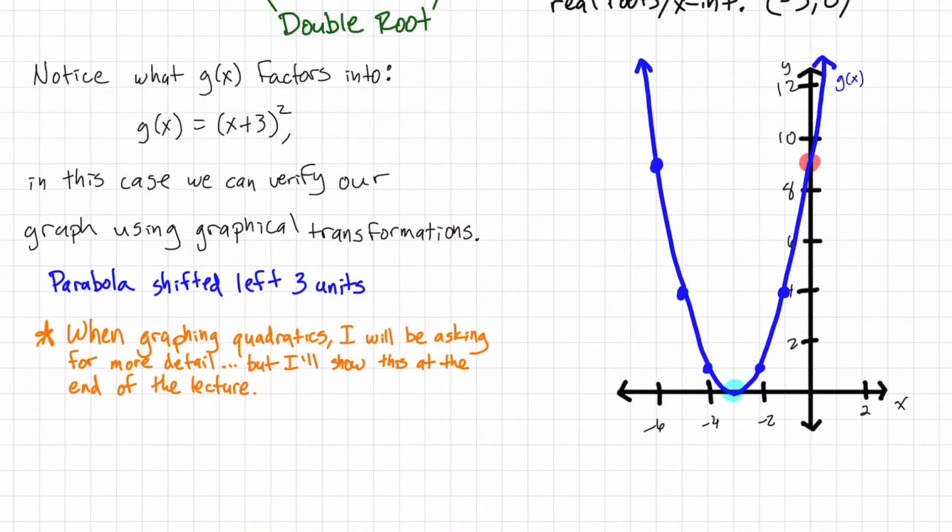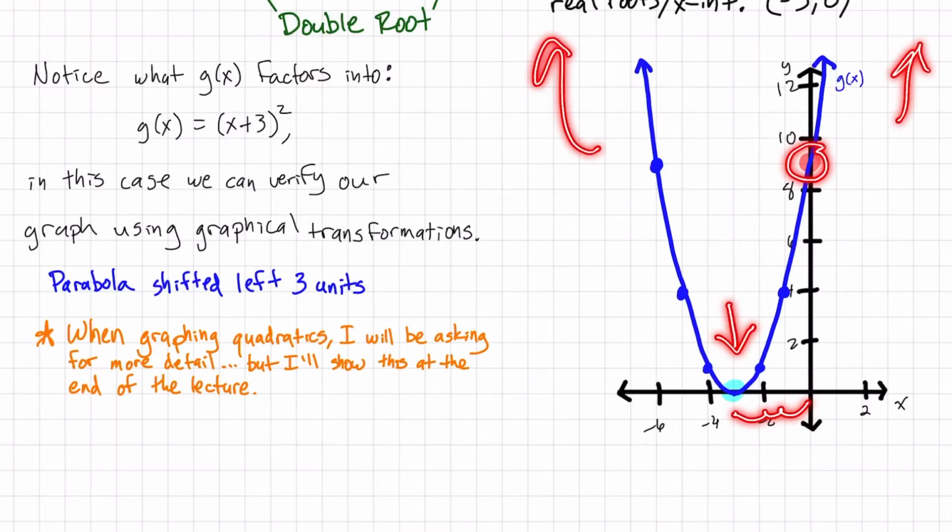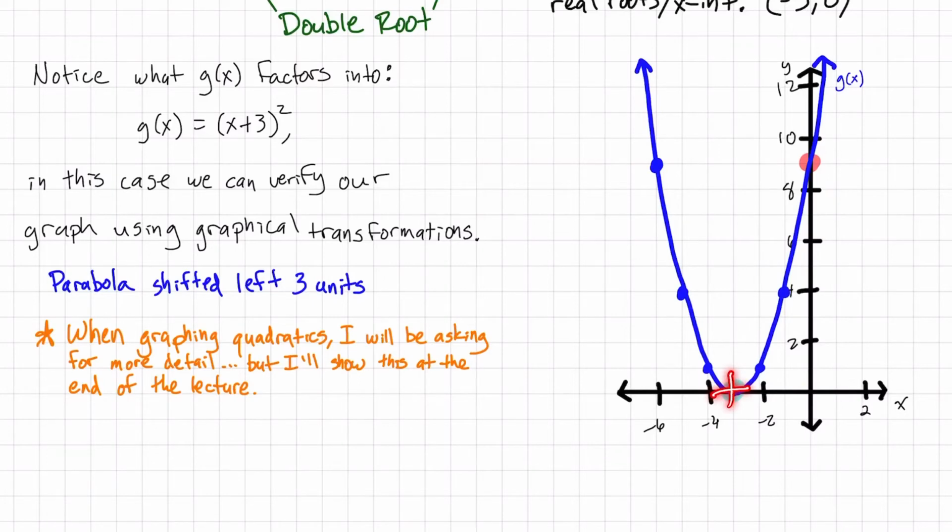So you see we have a parabola that's been moved 3 units to the left. We have an x-intercept at (-3, 0), like we knew that we would. We also had our y-intercept at (0, 9). We were rising to the right and rising to the left. All these things agree, but I was also able just to graph it using my transformations. Left 3, and then (0, 0), (1, 1), (2, 4), (3, 9), and it's symmetric, so I could get the